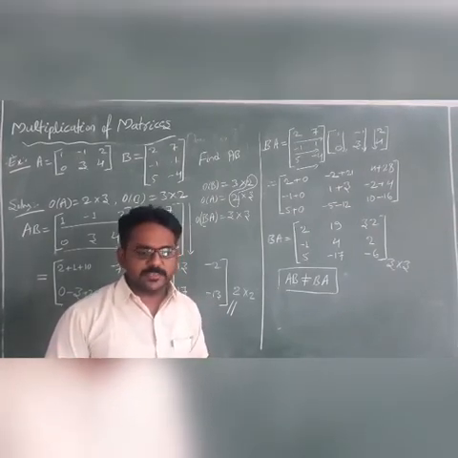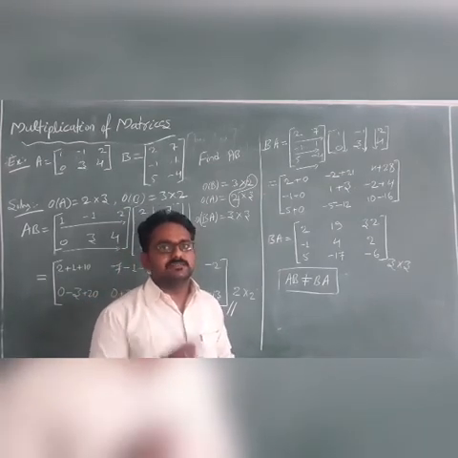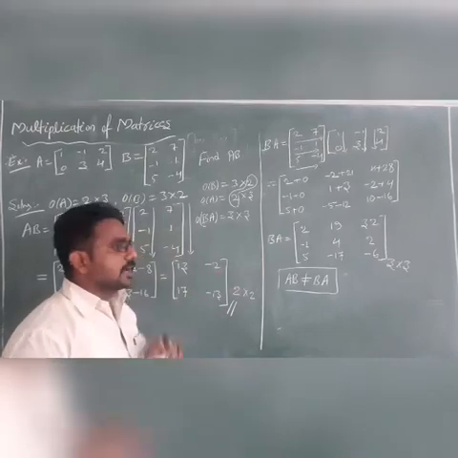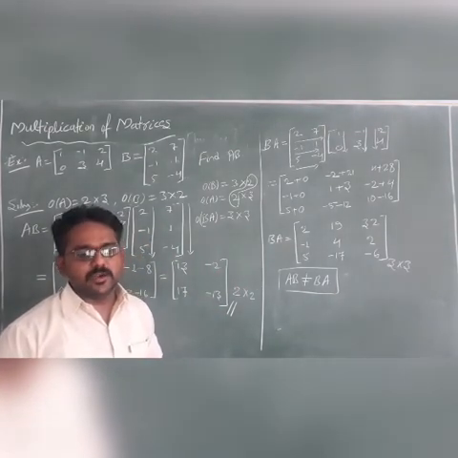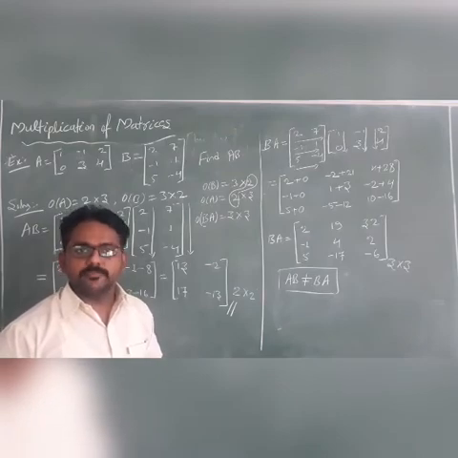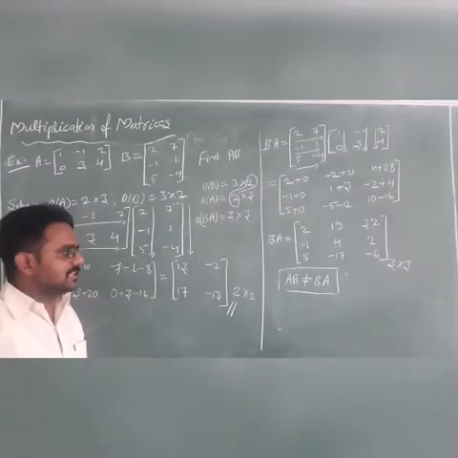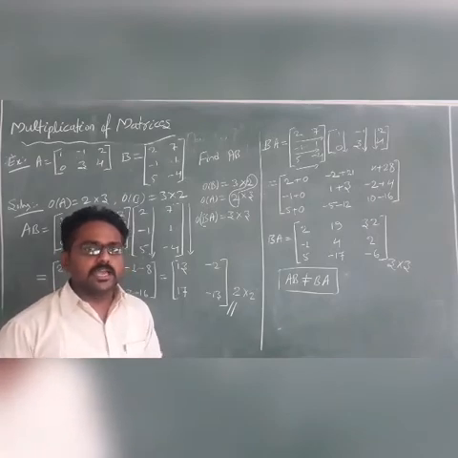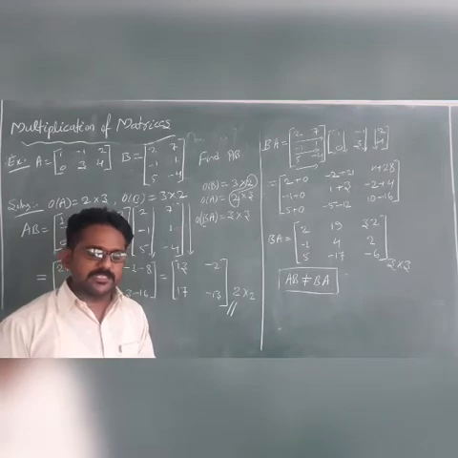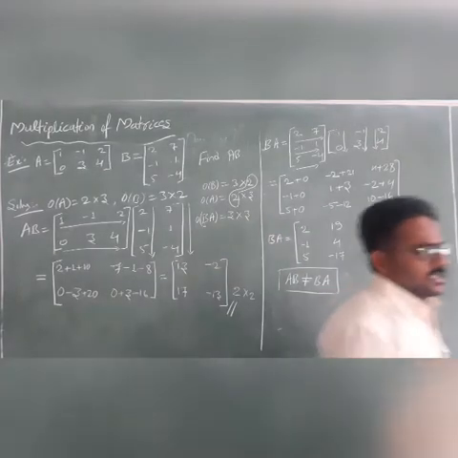So another condition, a special case, is there, students. For the diagonal matrices of the same order, we will get the commutative property. We will see in the next session how it will be possible. From these two products, we can state the product of two matrices will not follow the commutative law or commutative property. So matrix multiplication is not commutative. Okay, just write it down, students.